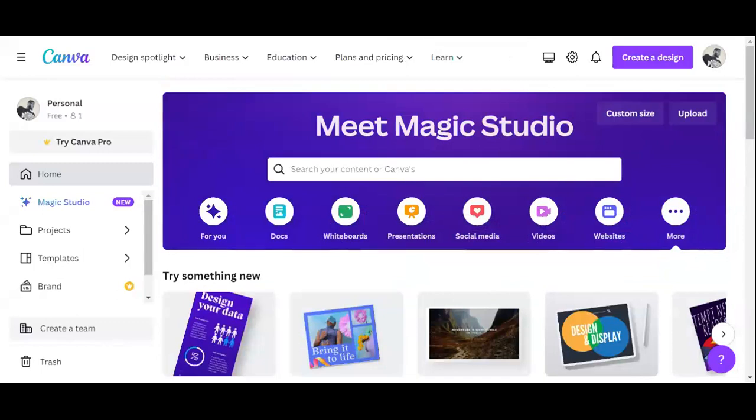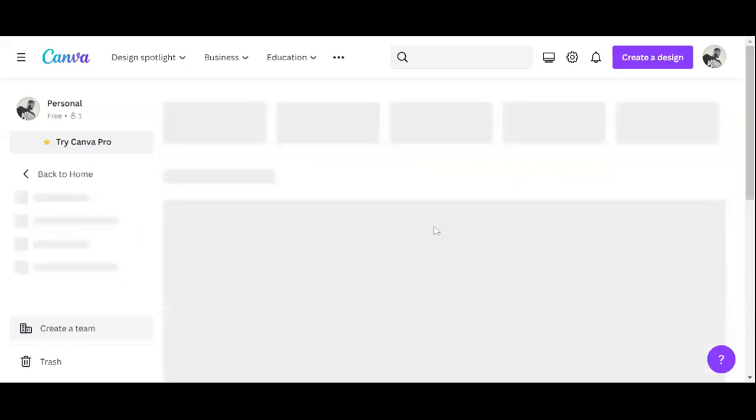So where Canva comes in handy is, because every design out there has a size, and sometimes you do not even know the sizes, right? So you just come to Canva. You know what you want to design. You come to Canva. You look for templates. When you click on templates,